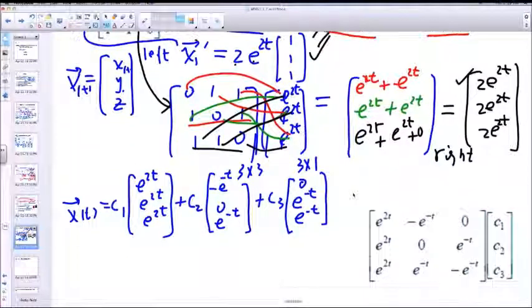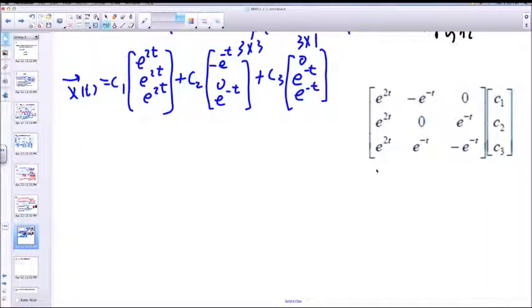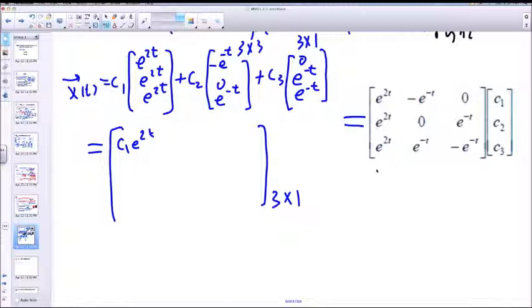Then you're going to say, hey, how can these be the same? Of course they are the same. Look, if we write it together into a 3 by 1 vector, this is c1 e^2t minus c2 plus 0 here, c1 plus 0, c3,